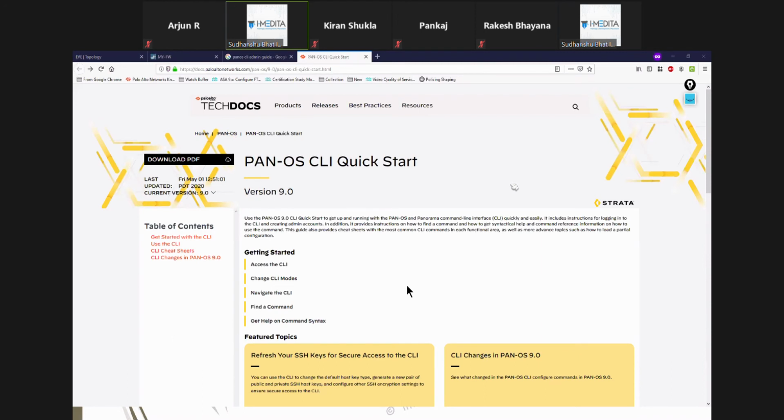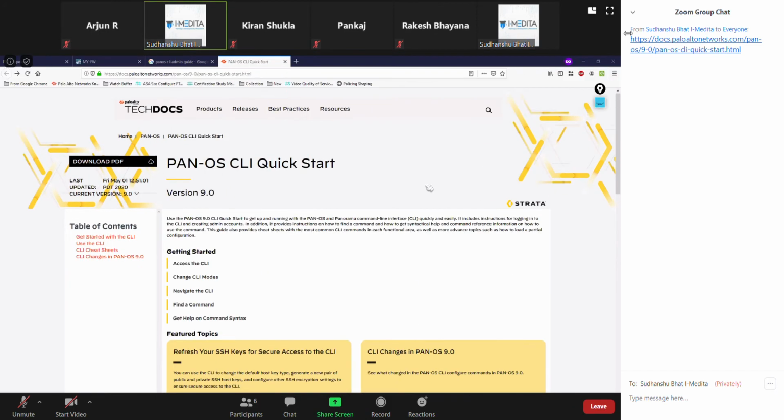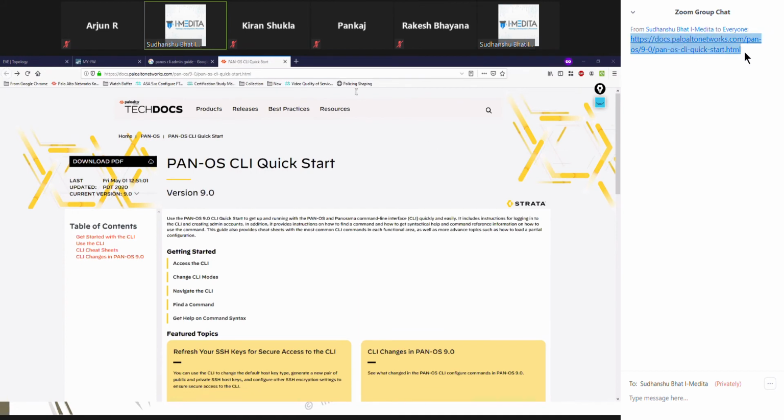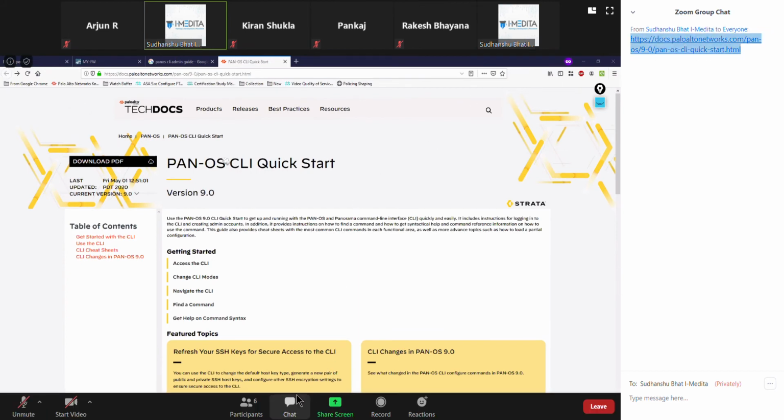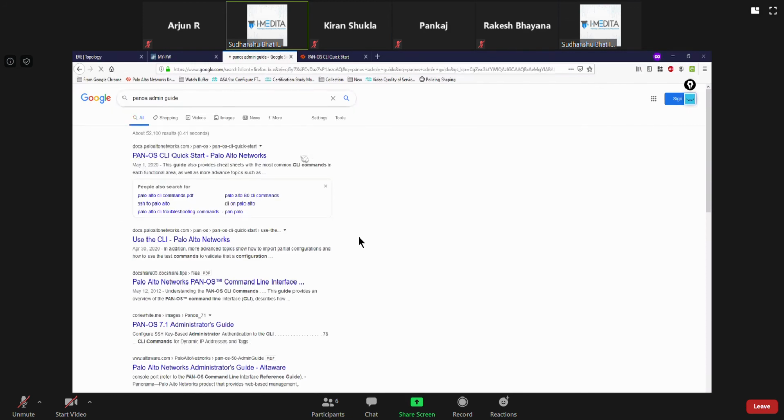Also, let me introduce you, since we are on the topic of what documentation you should read. There is a PanOS admin guide.